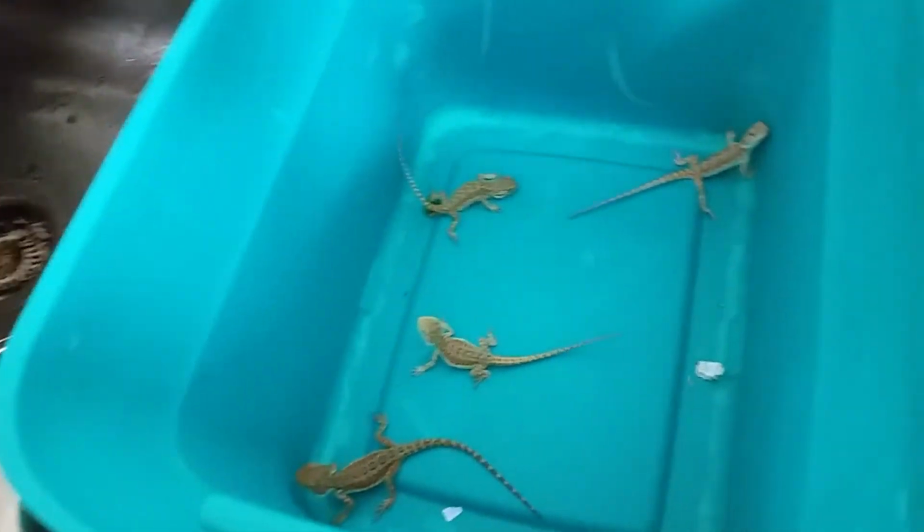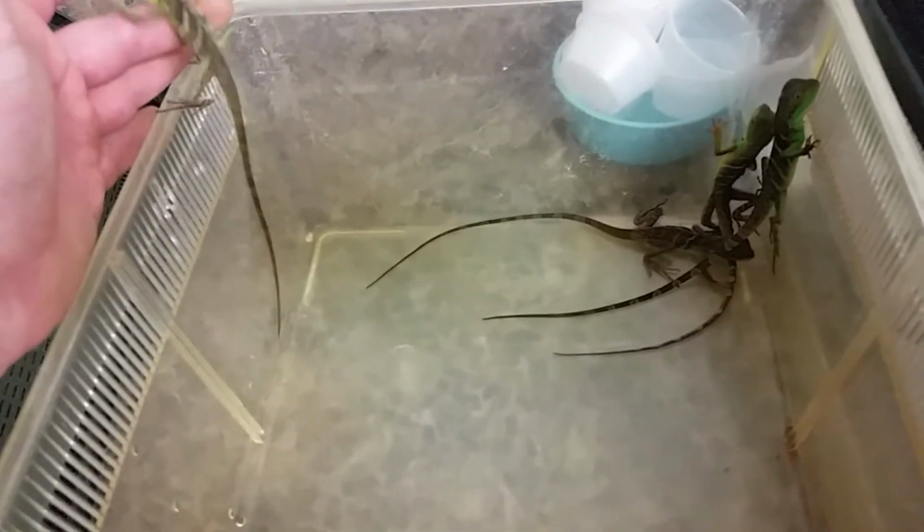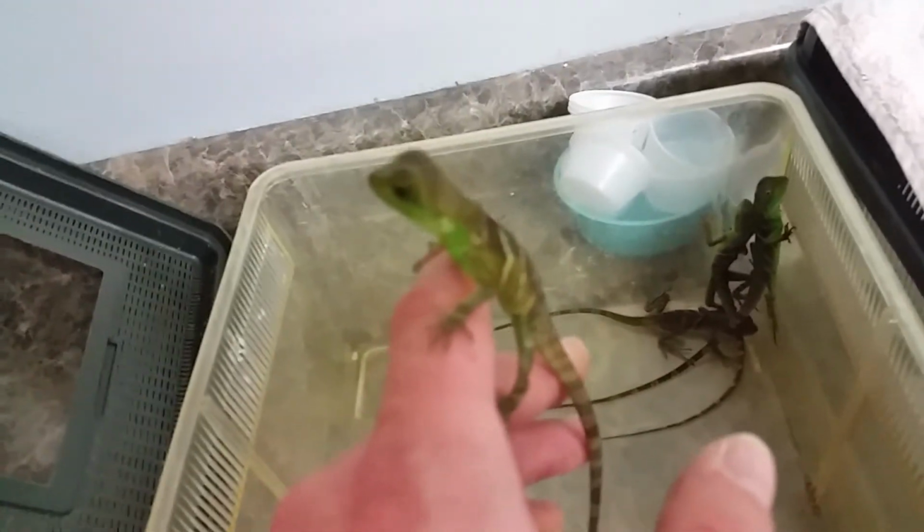Next ones that we'll look at here, we're going to move over to our last covered tank here. These guys are our Chinese water dragons. These guys are little at the moment, but they will get about 2 foot long. A boreal type lizard, very handleable also. Very mellow animals. They are an insectivore, so lots of crickets, cockroaches,